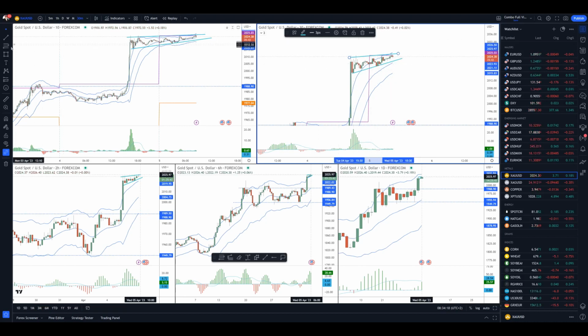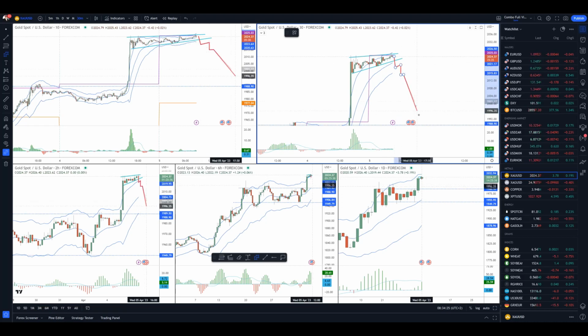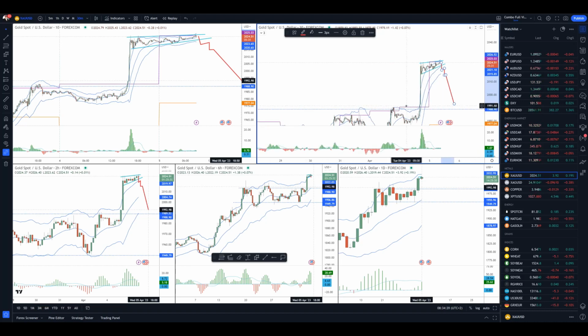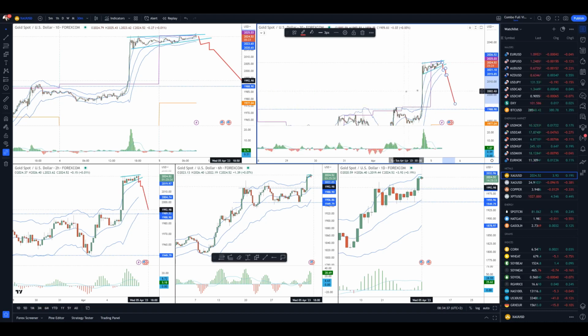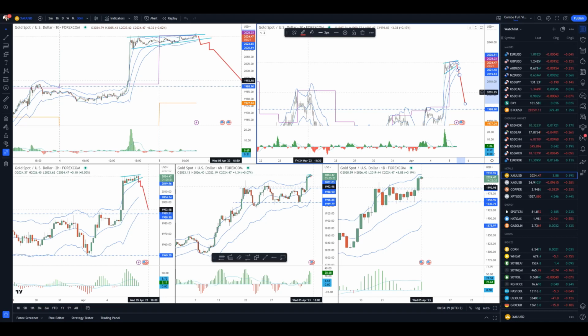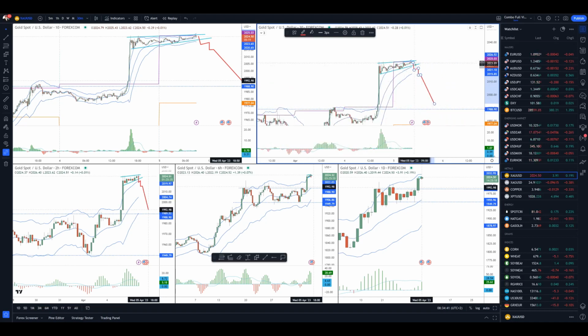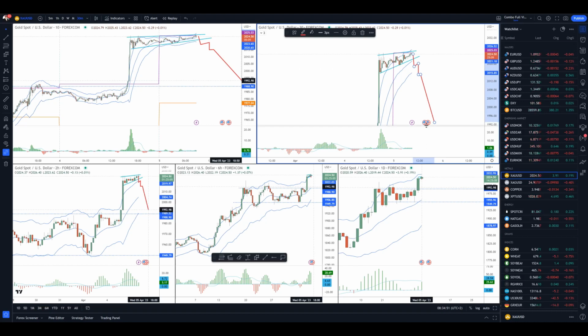And if the market can break aggressively this area, maybe the 2020, there is a chance to open a door for some bigger move to the downside, maybe even towards the 1992-1993 area, or at least 2003 area, which is the area of the previous swing highs there. But only if there is a bigger downside move through this rising trend line, and then there is a potential for the bigger downside move.